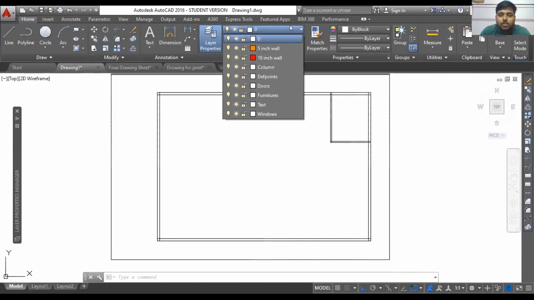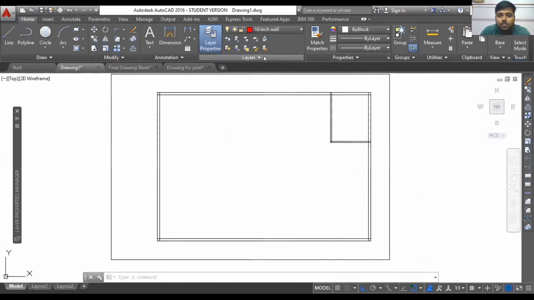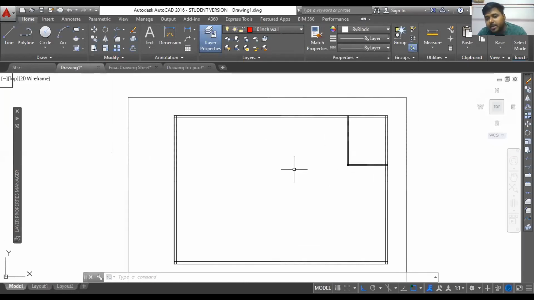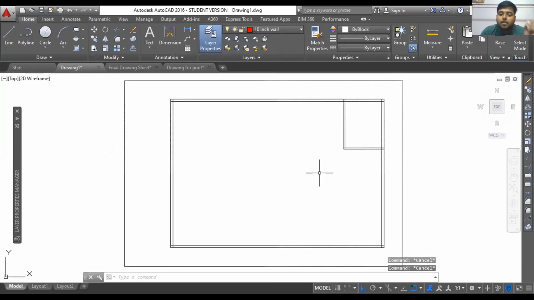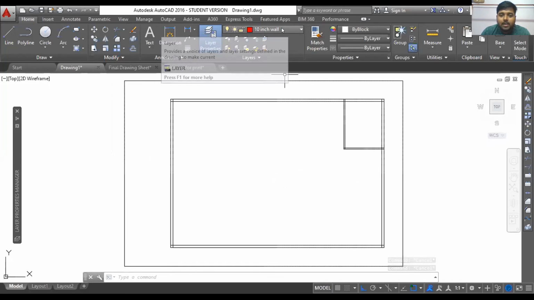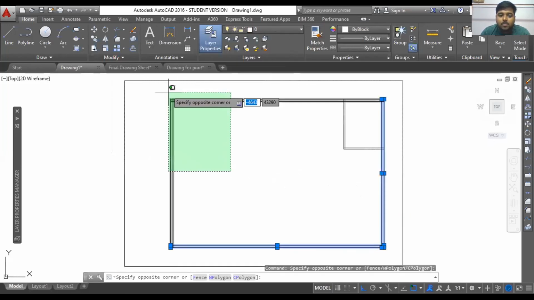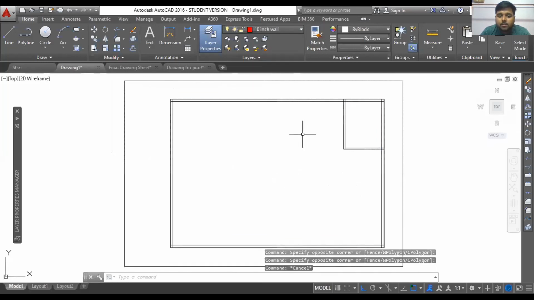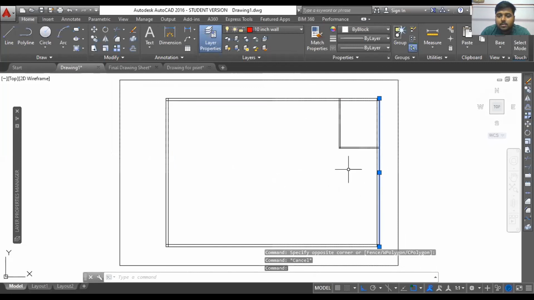So first go to your 10-inch wall layer, then start drafting. It happens many times that you forget to select a layer and start drafting, but whenever you realize you haven't selected it, just select those lines and put them under that particular layer, 10-inch wall. So now this is already under 10-inch wall.